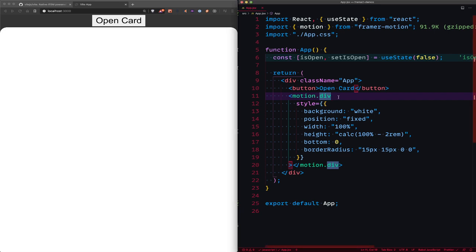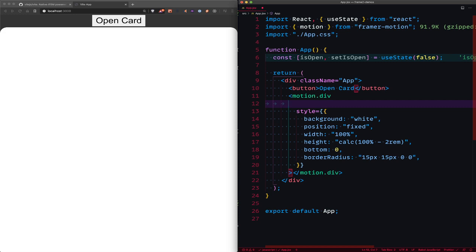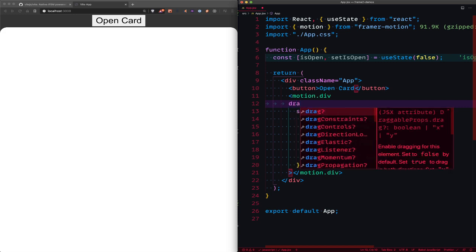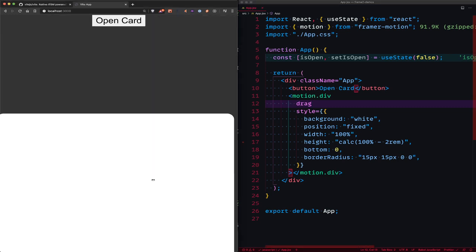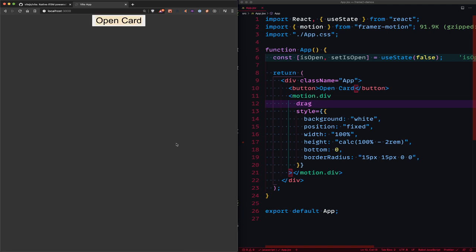All we have to do, I believe, let me double check, is just say drag. And drag is going to be a Boolean value. So if we just say drag on this, watch this. Whoa, I can now drag it. I didn't have to do anything. Also, did you notice how fast